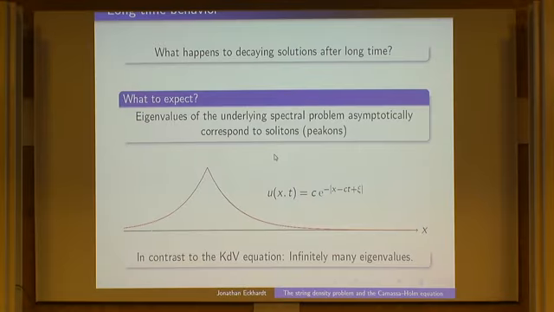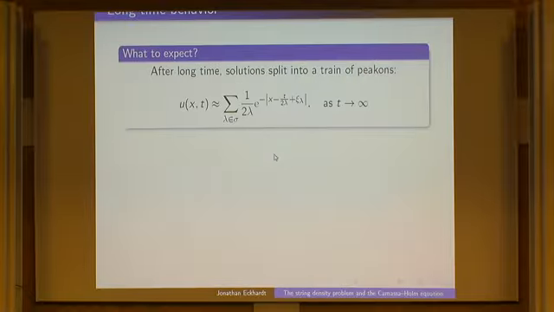But here we have infinitely many eigenvalues. Usually in this business you have finitely many eigenvalues plus some continuous spectrum, but in this case of the Camassa-Holm equation, we have infinitely many eigenvalues, so no one knew what to do with this. But everyone expected the behavior to be like this, so that the solution after a long time will look like an infinite sum of single peakon solutions. Each of these summands looks like a single peakon with some phase shift, and each one of them corresponds to an eigenvalue of the spectral problem.